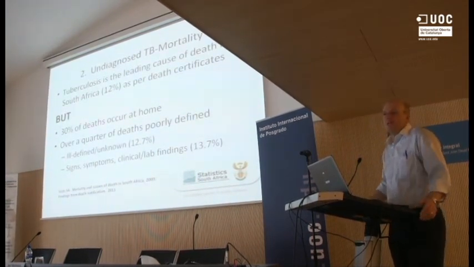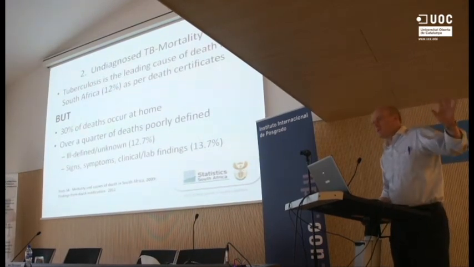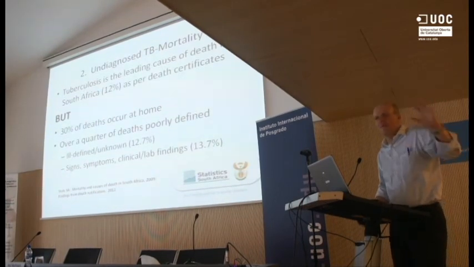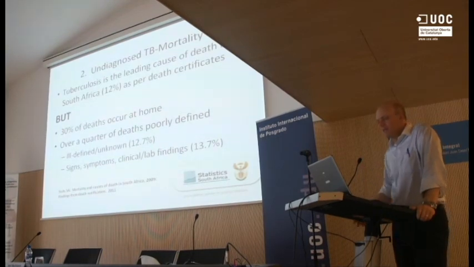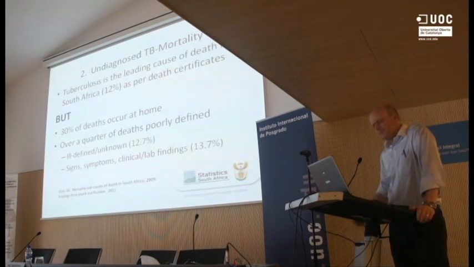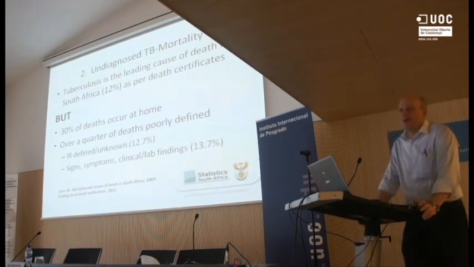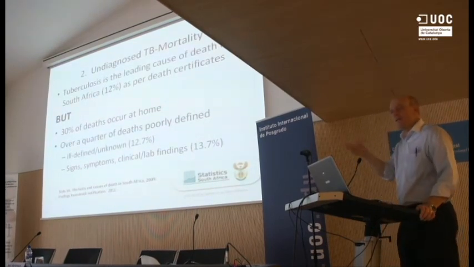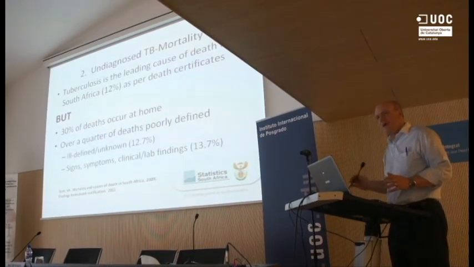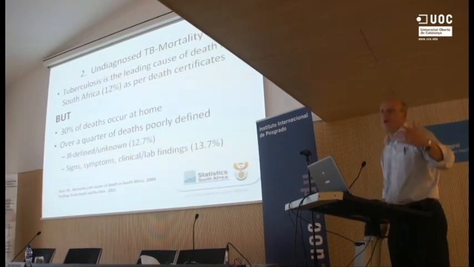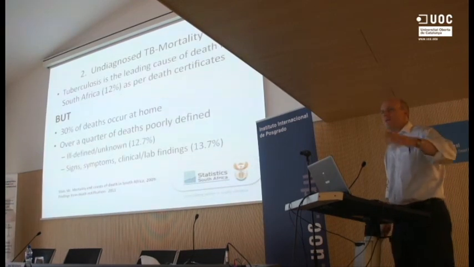And this is in a country which has multiple other potential leading causes of death. We have very high rates of interpersonal violence. We have very high rates of other problems. But TB is the leading cause of death. However, the same report says that about 30% of deaths occur at home, number one, and over a quarter of the death certificates have a poorly defined cause of death. So, for example, the cause of death might be cough or low hemoglobin or something that you can't categorize